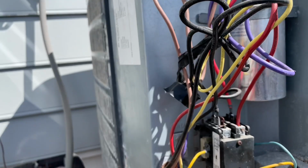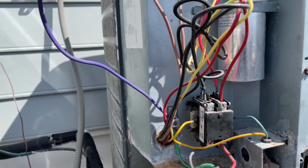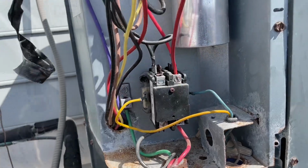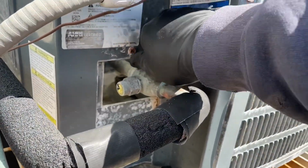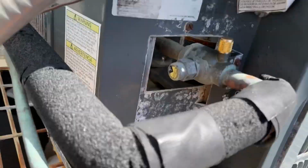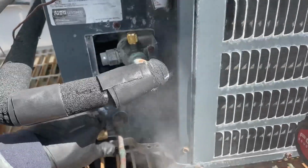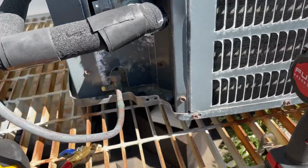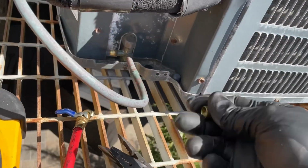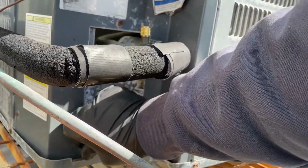All right, I'm going to unplug it again. We're going to get a zip tie. Zip tie this up. And then button it back up. All right. Buttoning up this service call with some new brass service port caps with nice brand new O-rings in them. And we will